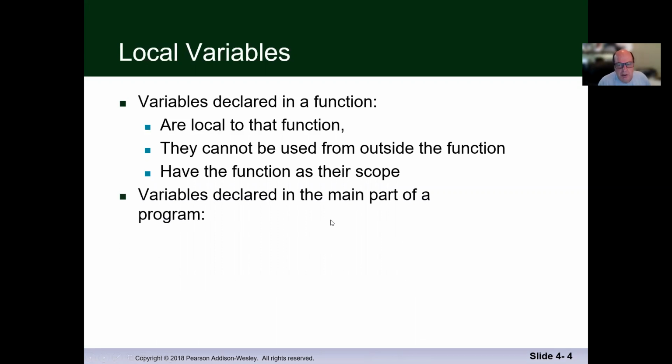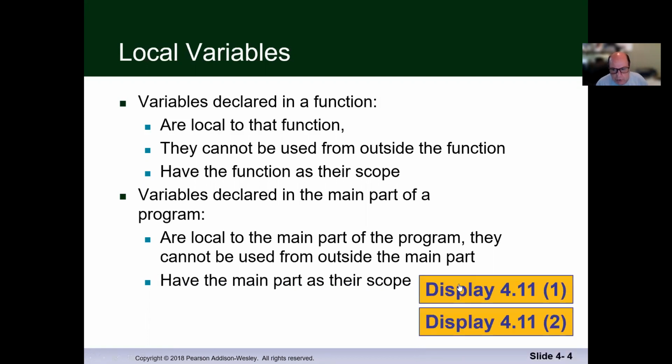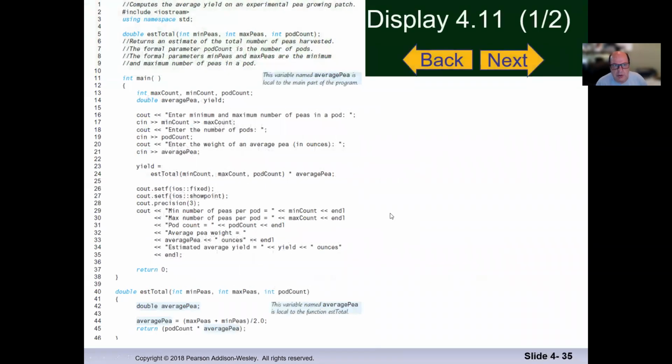So if we declare it in the main part, remember the main also is a function. So whatever variable we're declaring in the main is going to be in the main. So the scope of those variables is inside the main. The main is the scope for that variable. So if we go to look at this one,